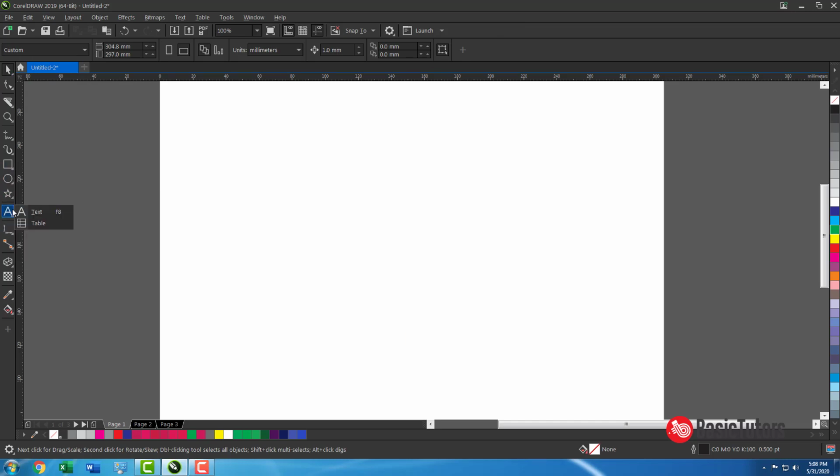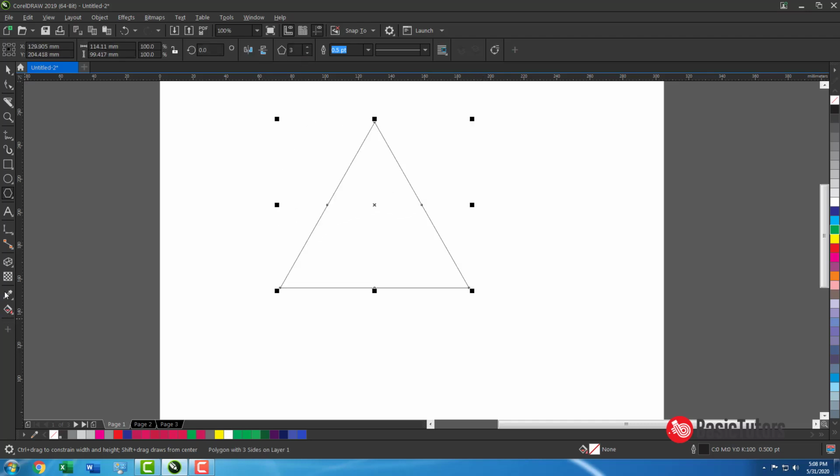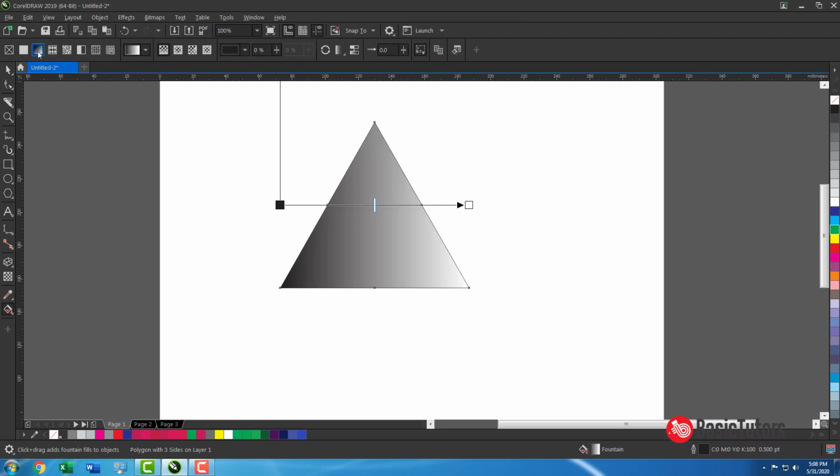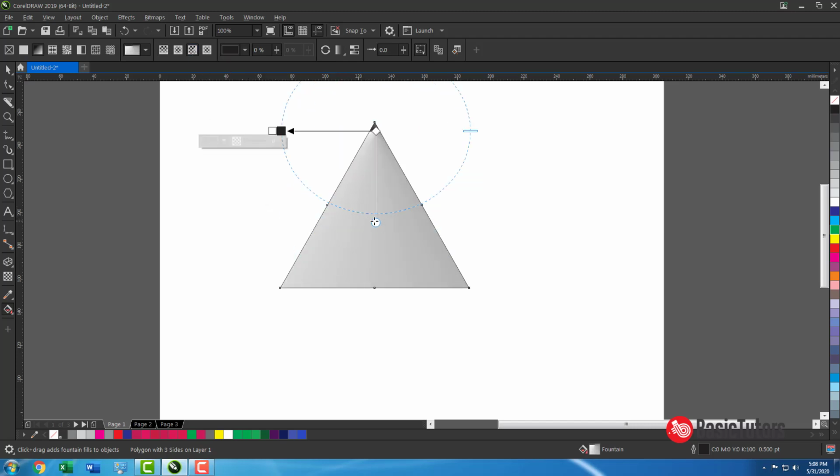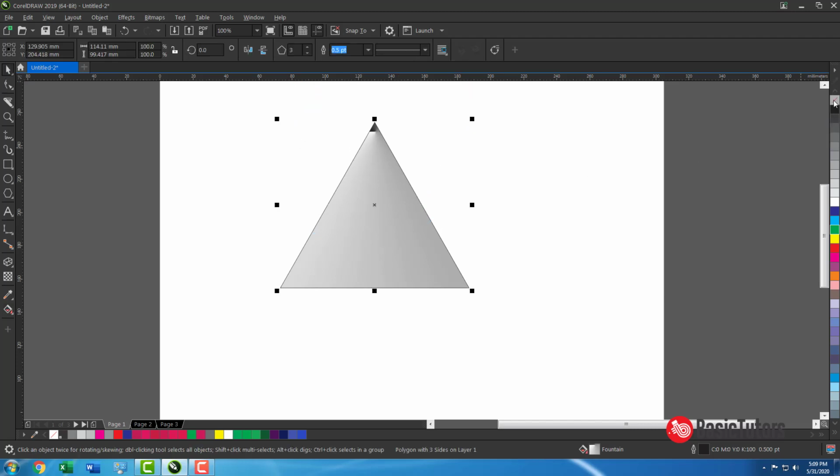You can see the difference with different shapes. Uniform fountain fill, and select the conical. Okay, fine. Like a cone-like shape here. Okay, fine.